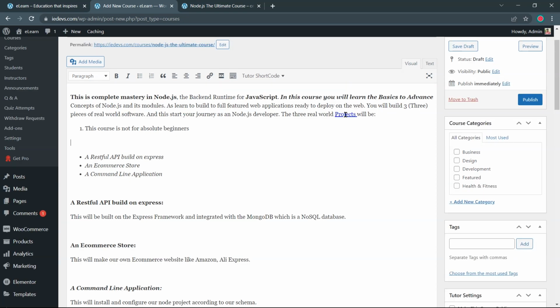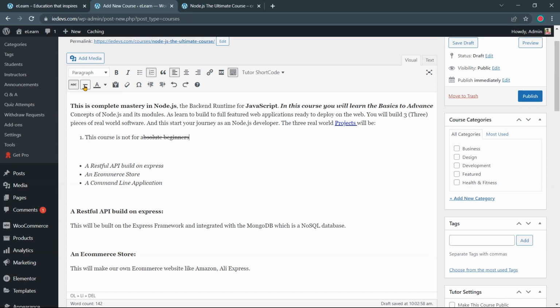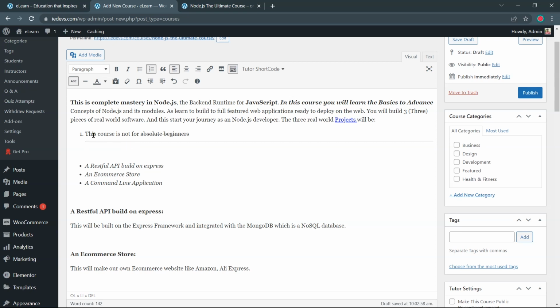There are some other options as well that will be visible by clicking on this toolbar toggle icon. This is the option for strike through. We can select any text and click on this icon. It crosses that text. Next is the horizontal line icon. Click on it and it will add a horizontal line like this. You can add such lines in your course description. I'm removing this